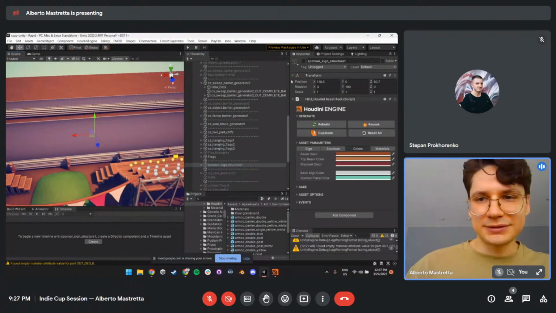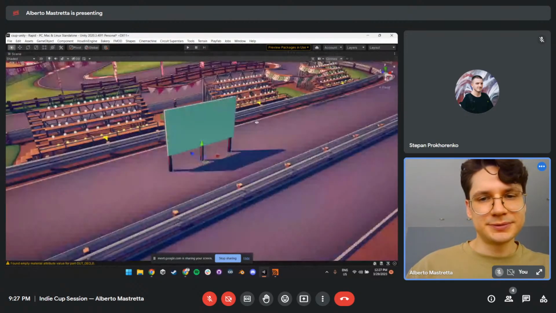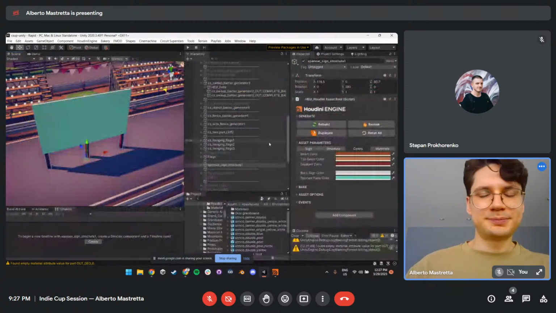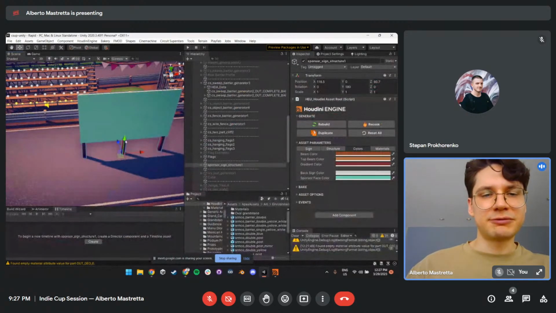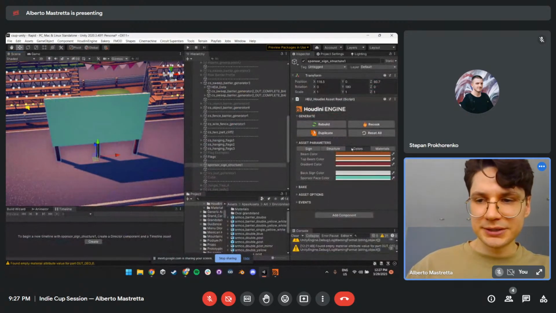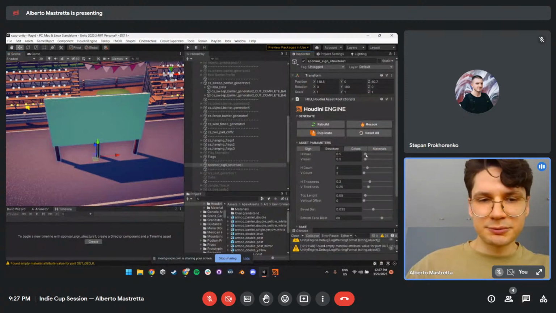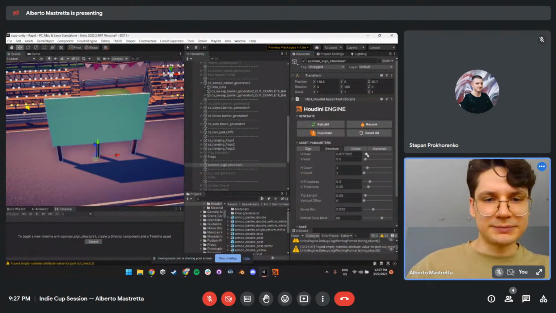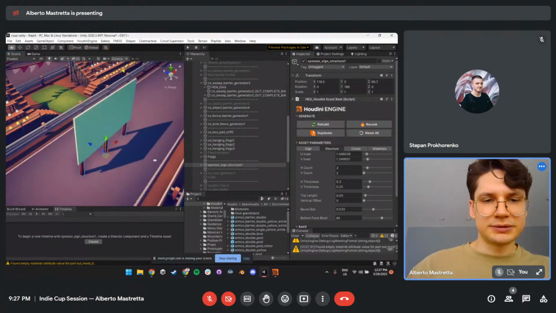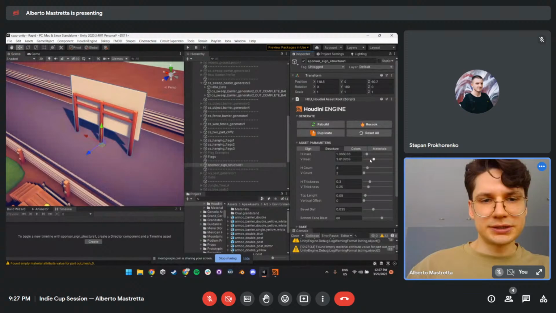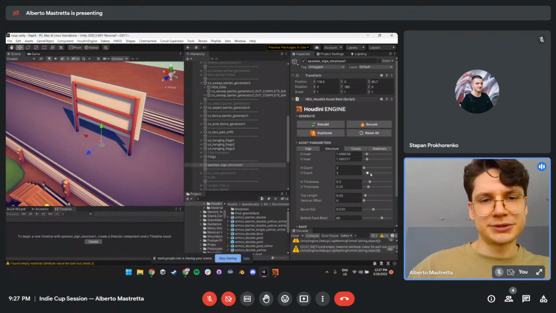We also had to come up with different sponsors. So sponsors, they're different shapes in different parts of the track. We may want them smaller, taller. So we were able to do all of that by making an HDA and very quickly changing all the properties. So this is a procedural model, which means that if we ever want a different type of sponsor, we can just generate it here,